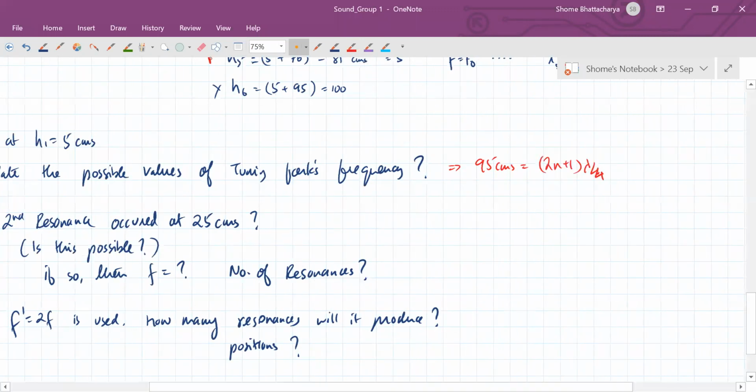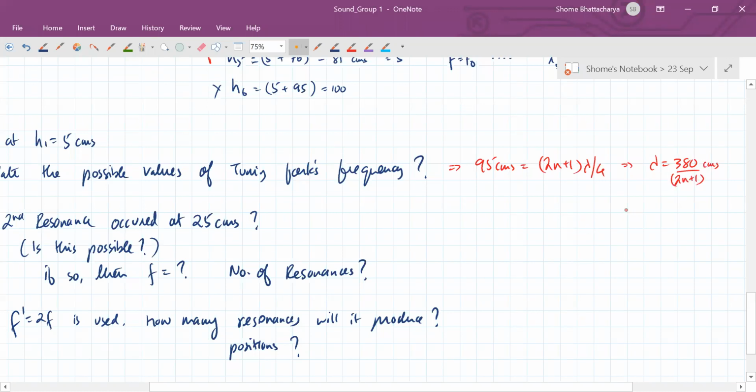Okay. Because remember, the ends of the tube are node and antinode. So lambda is equal to how much? 380 divided by some odd number